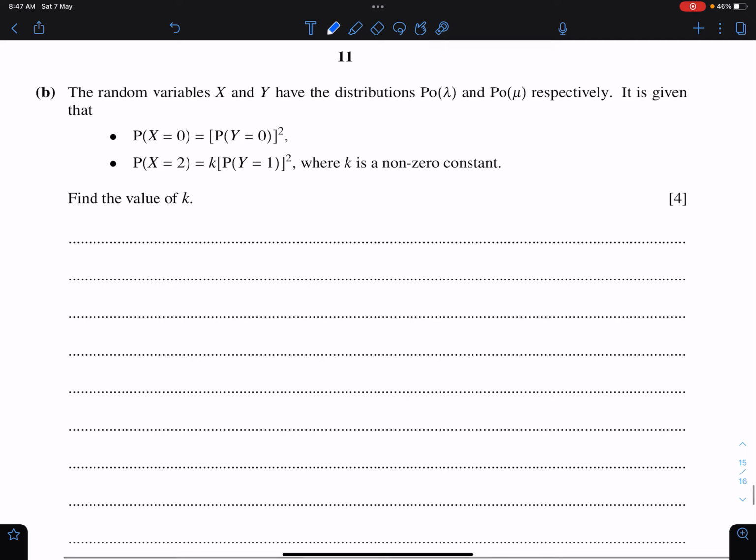Part B of this question. The random variables x and y have the distributions Poisson. So this is x and this is y. It is given that we have 2 conditions and we need the value of k. According to first condition,